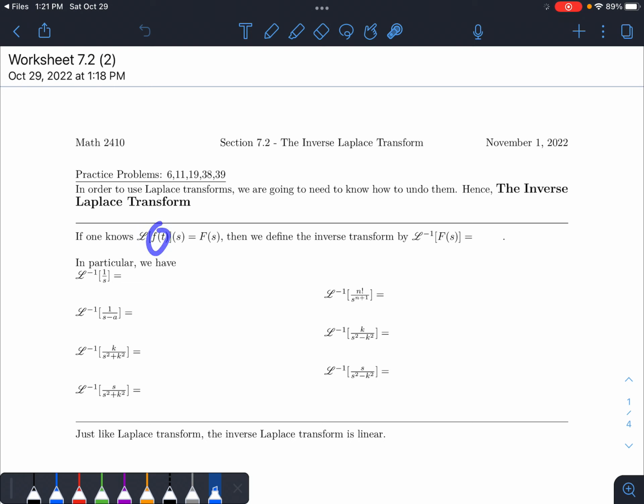So if you know ahead of time that the Laplace transform of little f of t is equal to capital F of s, then the inverse Laplace transform just takes capital F of s to little f of t. All right, so capital F and little f. Capital F is the Laplace transform of little f, and so the inverse Laplace transform just literally takes you back to where you started. So in particular,